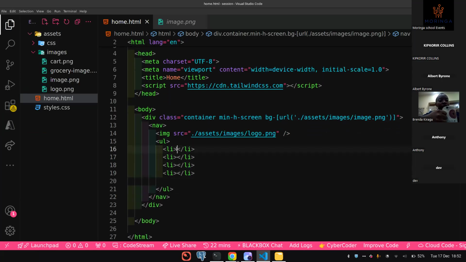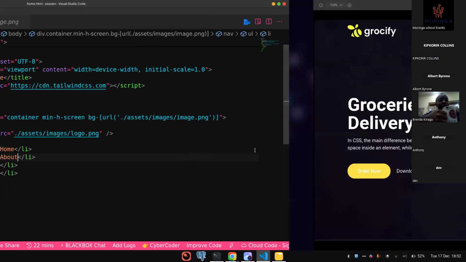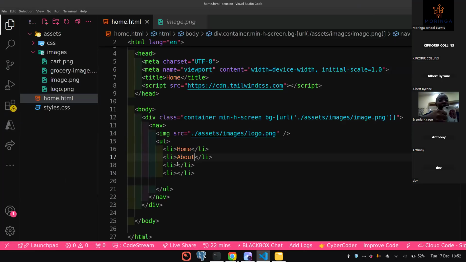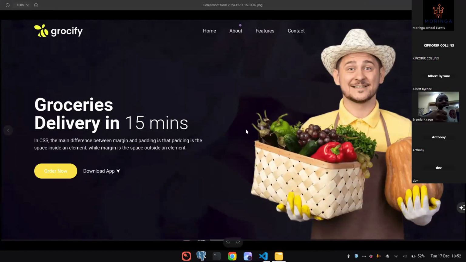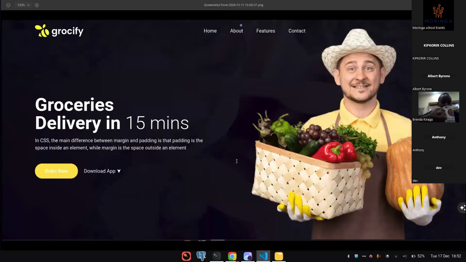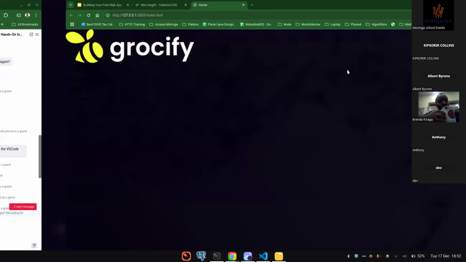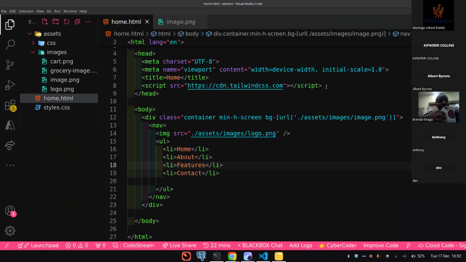So we have home. That is the first one. We have about. That is the second one. We have features. Then lastly, we have contact. Then after the image, after the list, sorry, we are also going to have another image,